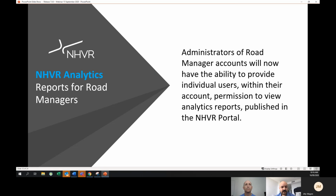The security model around providing access to these analytic reports is driven through the administration of your account. So we have two analytic reports that will be available today. Those two will be for road managers, and all road manager account partner administrators will be able to provide access to those reports to themselves or to any user in their account. So what you're seeing here is a view of your user administration, and down the bottom what you'll find is